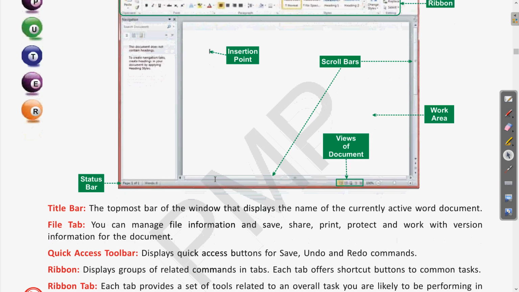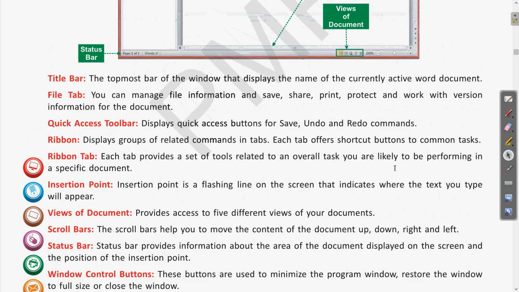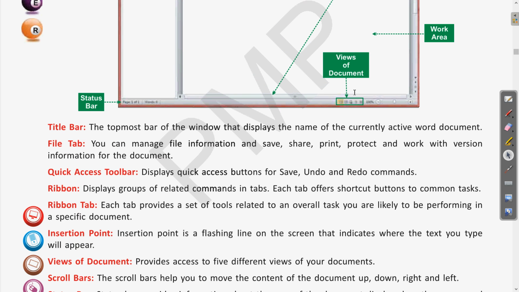Okay, now come to the next, that is views of the document. Let us see what is views of document. So views of document provides access to 5 different views of your document. Here these are the view buttons. View of the document, here you can see at the bottom of the area, it is visible.